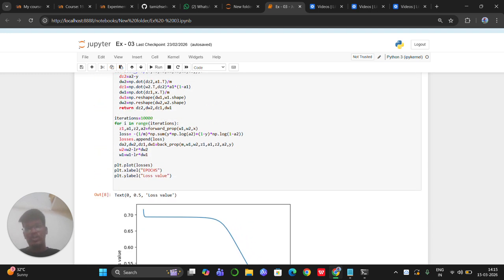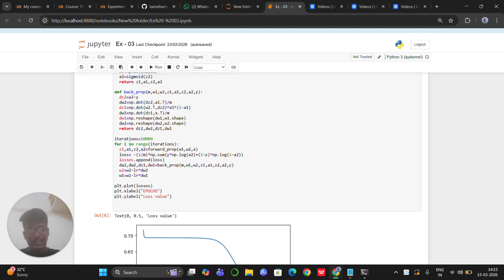Then we talk about the applications. Multilayer perceptrons are widely used in many real-world applications because they can learn complex and non-linear patterns in data. One important application is image recognition, where MLP models are used to identify objects, handwritten digits and faces in images. Another application is speech recognition, where neural networks help convert spoken language into text, in voice assistants and speech processing systems. MLPs are also used in medical diagnosis, where